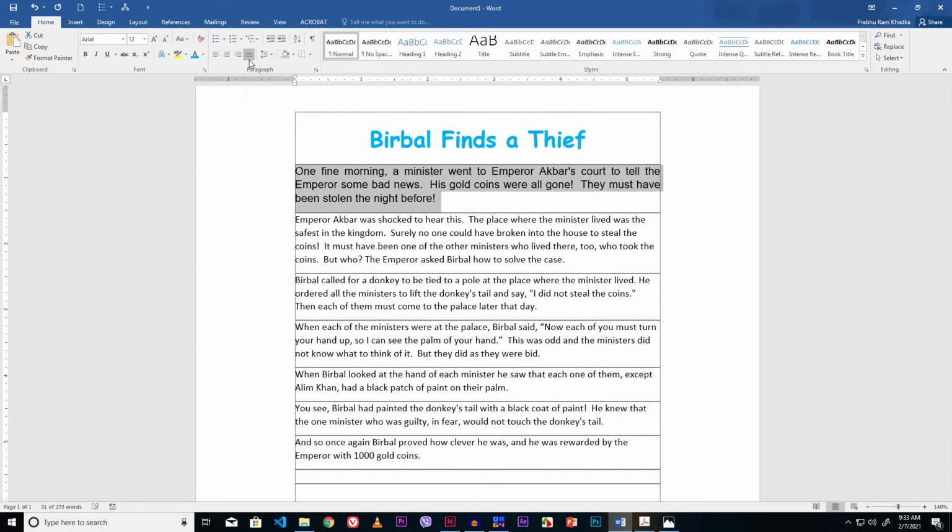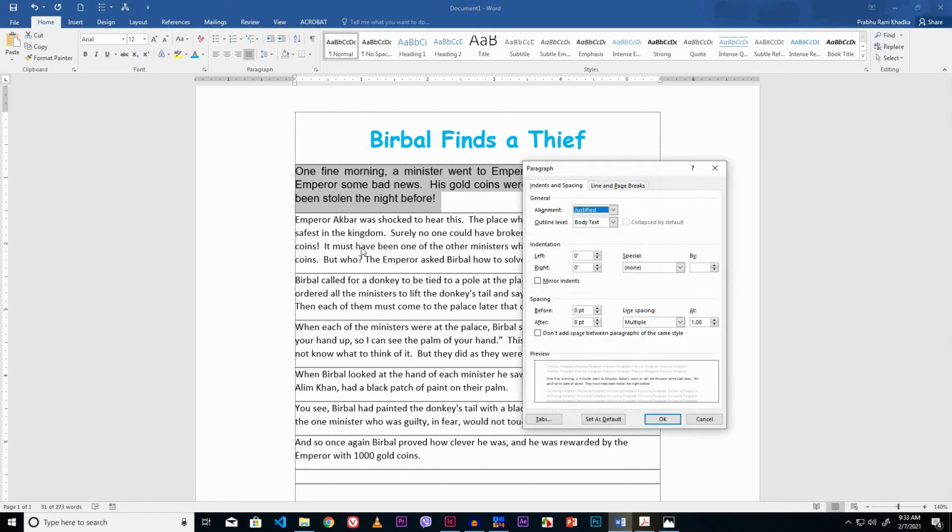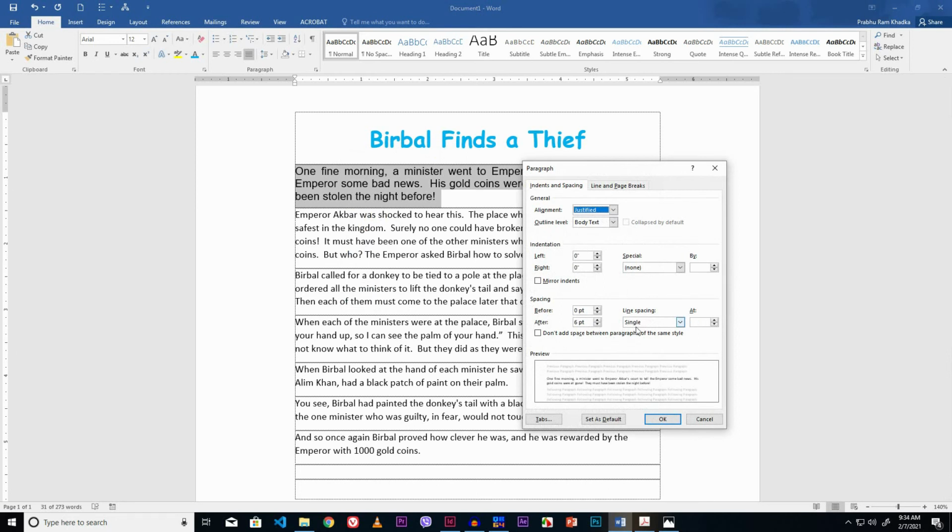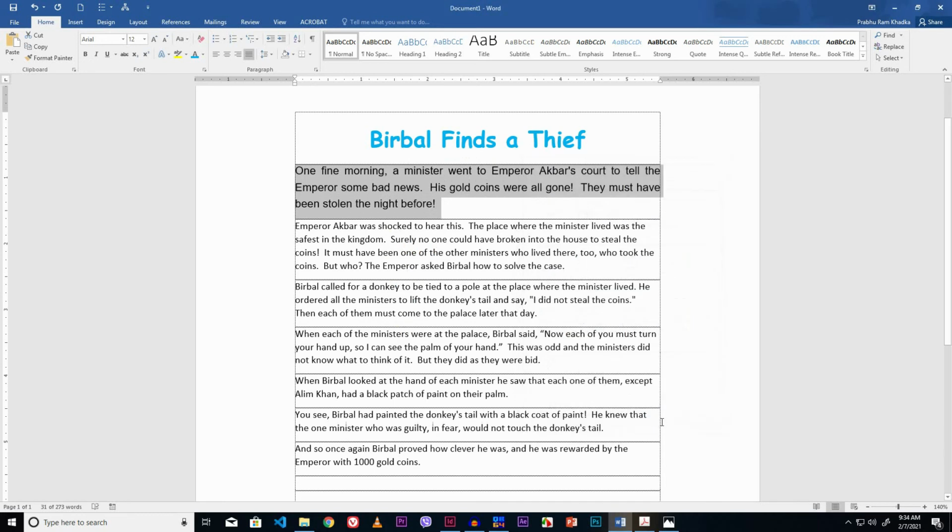Now set the line spacing and paragraph spacing. Right mouse click, click the paragraph option. Now set the paragraph spacing after 6 point. Set the line spacing multiple. Click the line spacing drop down button. Select the multiple option and set the line spacing value. I like to set the value 1.3. Now click the OK button. Now look here, the paragraph is formatted.